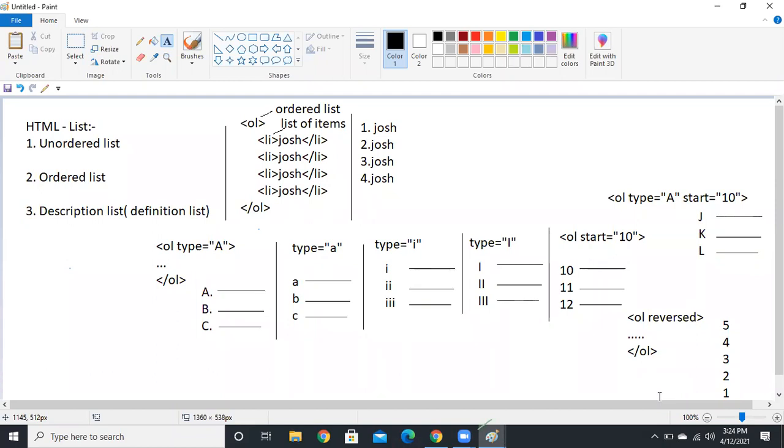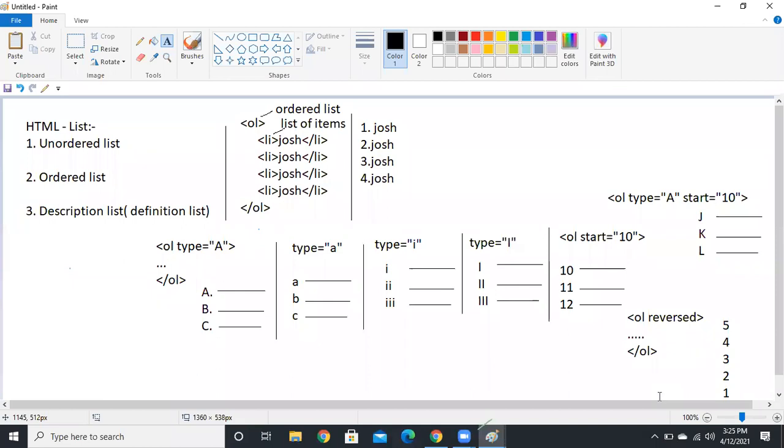Then it will come X, XI, XII, something like that.